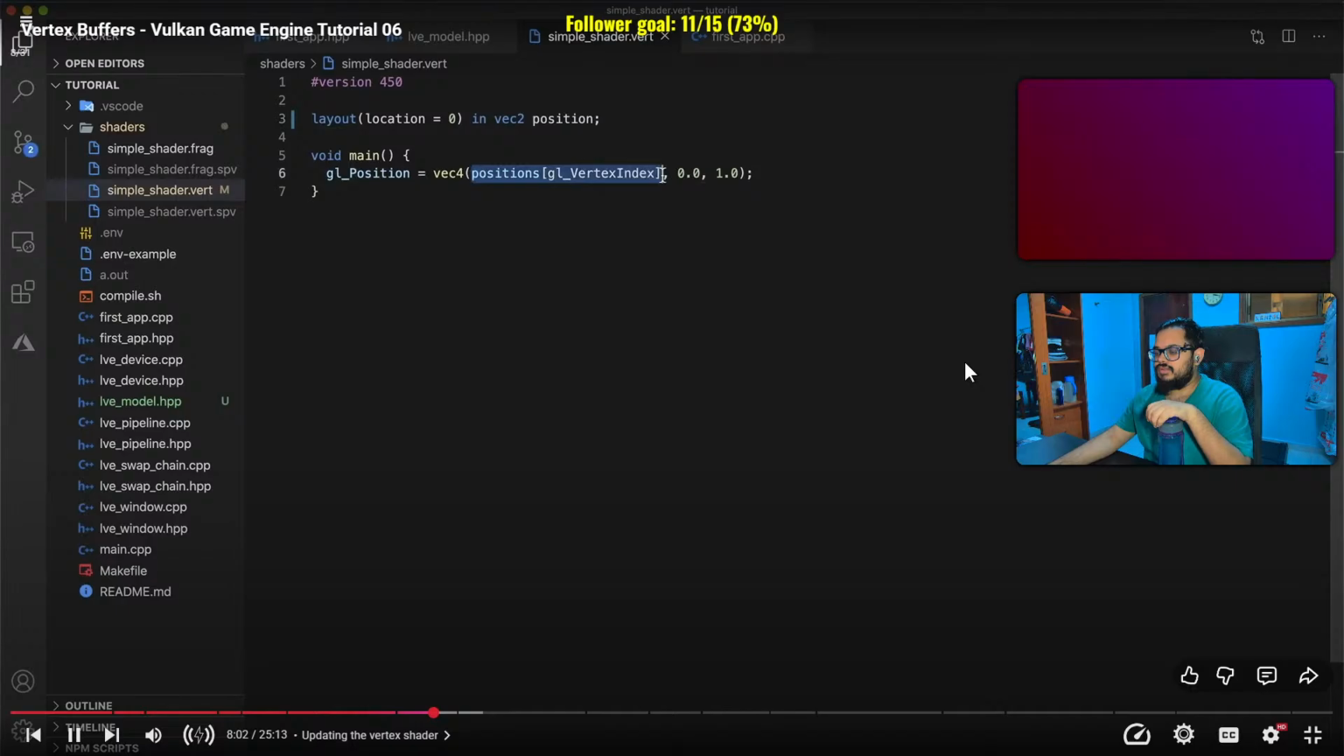And now replace positions at gl_VertexIndex with just position. We don't need to use gl_VertexIndex anymore because the position attribute